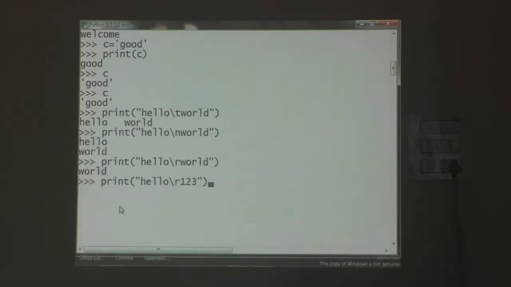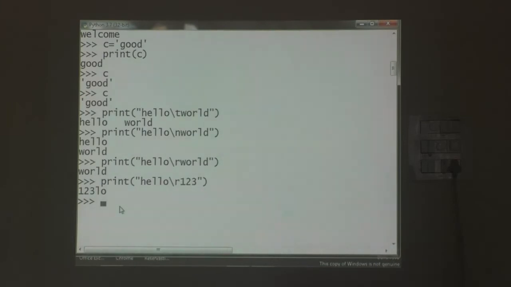So in the beginning, instead of printing HEL, it will print 1, 2, 3, then LO. So the HEL is replaced by the characters 1, 2, 3. So now the output is 1, 2, 3 LO. Did you understand, student?